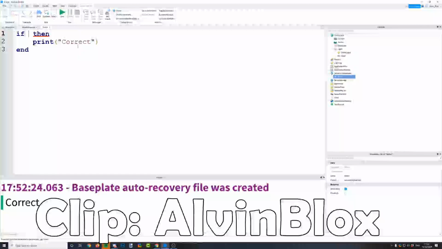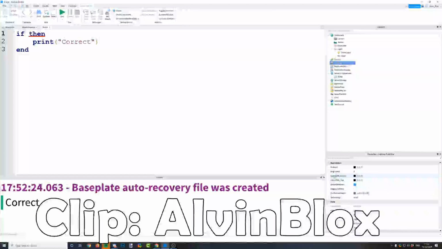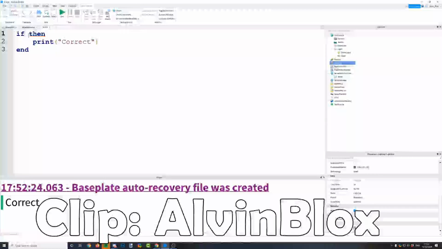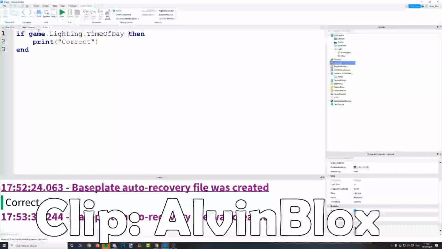So what do we want to check? Well, you can check properties of things. We could check to see if the time of day was nighttime. So let's look in the lighting. The lighting has a property called time of day. And if we were to say if game.Lighting.TimeOfDay, and because it's a string, the data type of time of day is a string, then